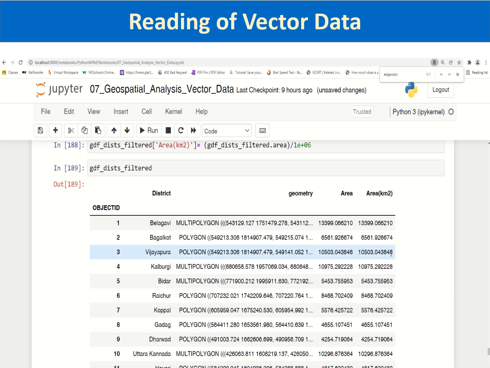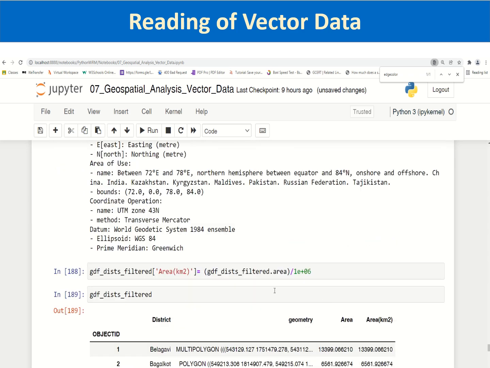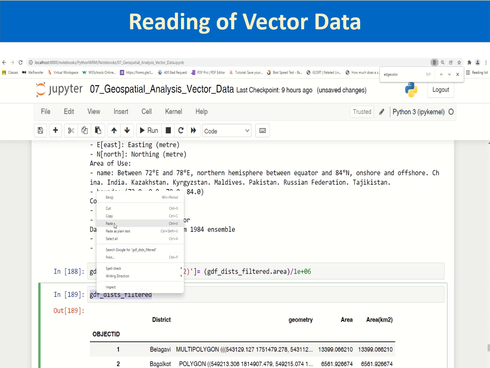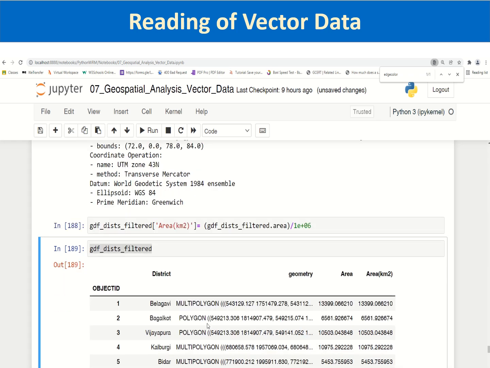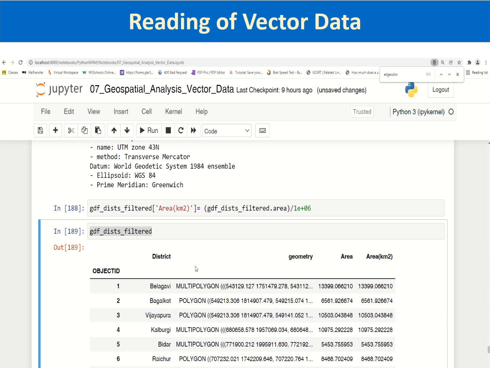Okay, a new column has been added. We can make use of